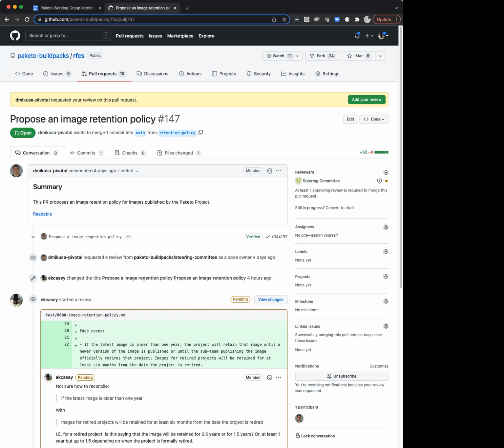I would say the other thing too is not just cost, but there are also storage and energy concerns with just leaving the world out there forever. So those are things that we should probably strive to be aware of as well when we try to set policies like this.